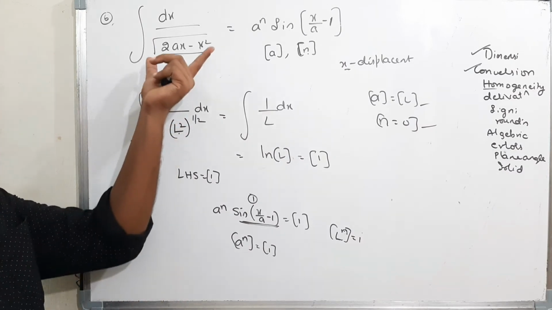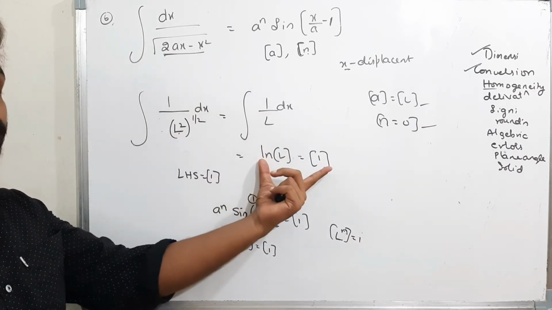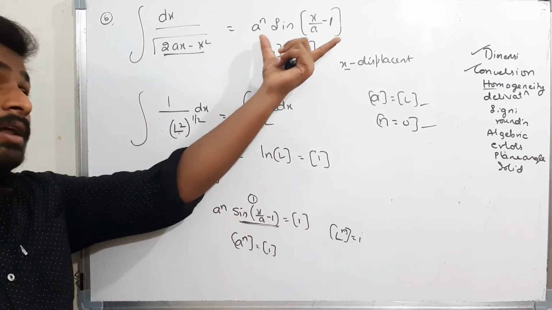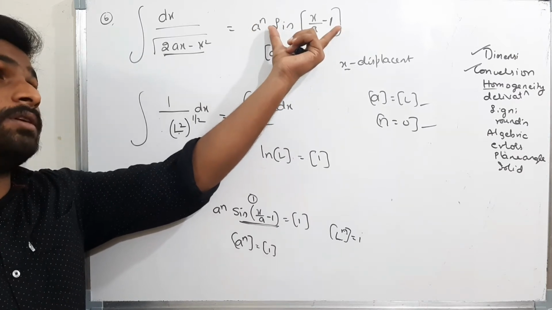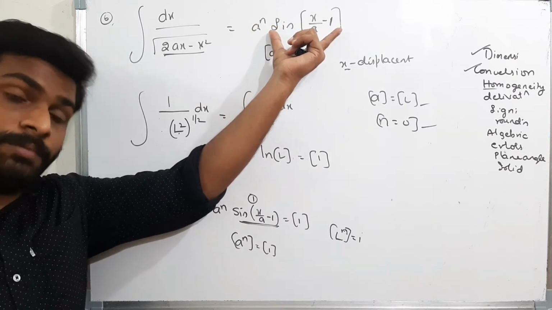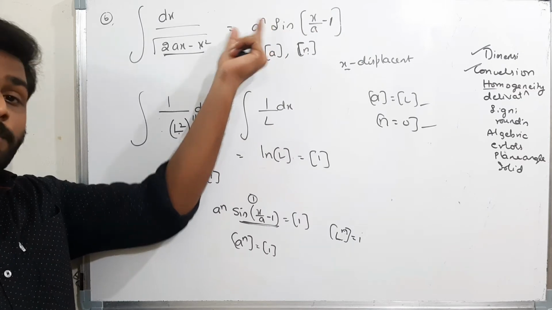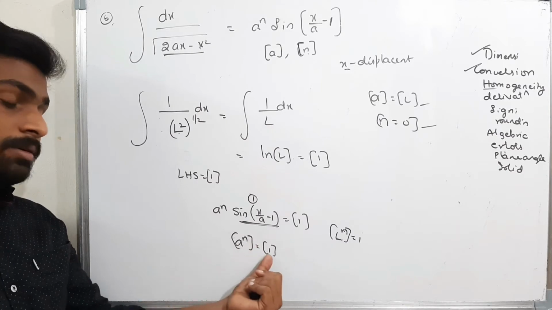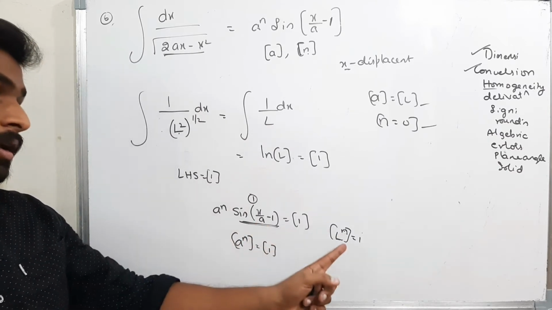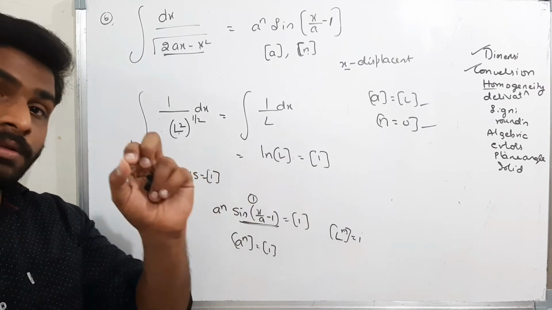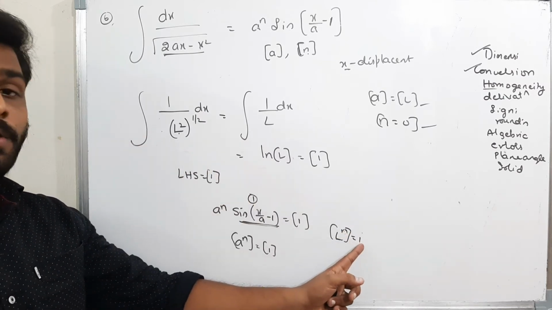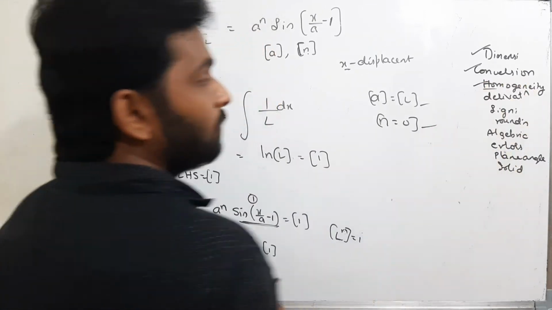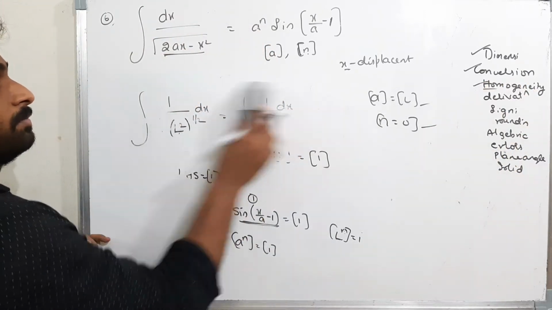I converted this in terms of dimension, then I find the value. Then I got dimension as 1. Dimensionless quantity. LHS is dimensionless. Therefore, RHS also must be dimensionless. And we know for a trigonometric function the dimension is 1. Therefore, the dimension of A power n also must be 1. That means the dimension of A is nothing but L, and L power n is nothing but 1. And when will it become 1? When n value becomes 0. When anything power 0, only then it will become 1. Therefore, n value is 0. Okay, we complete the principle of homogeneity also. Next one we'll see about the derivation for formula.